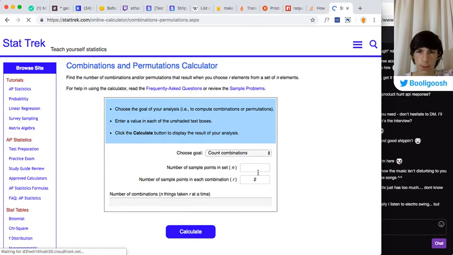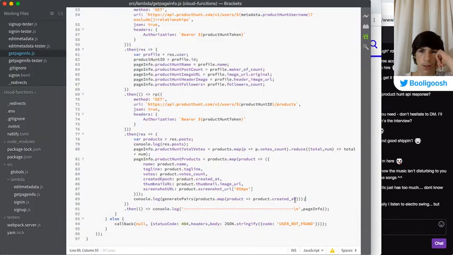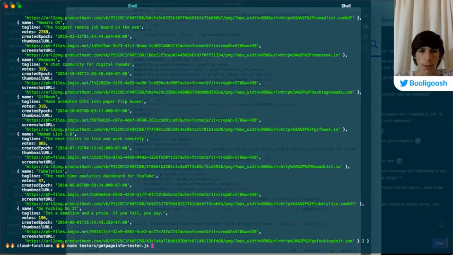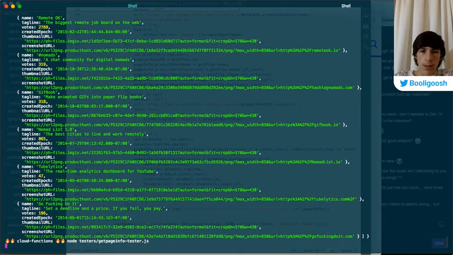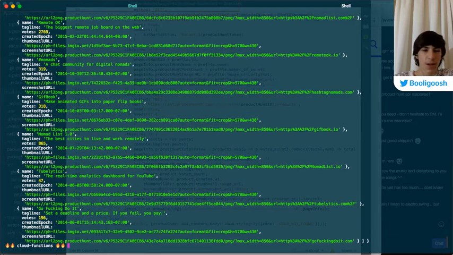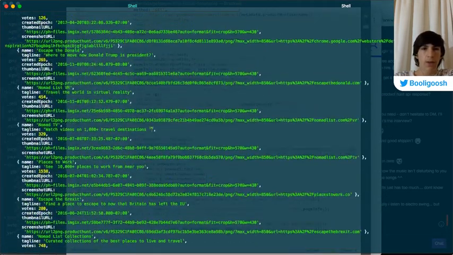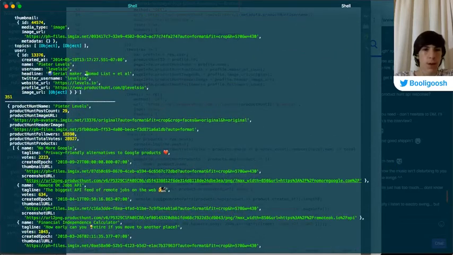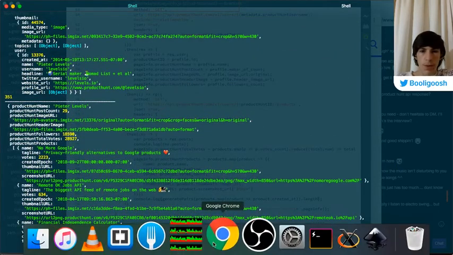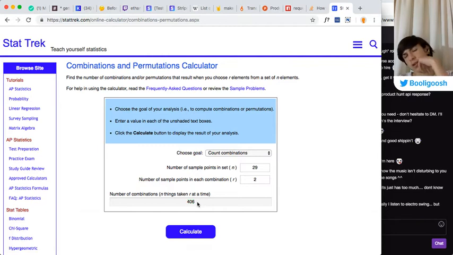Oop, what happened there? 29. 406. Actually, let's say dot length, so we can see if the amount of combinations is the same as this random stats website. But if my thing and their thing is the same, then we're probably good. 351 and this is 406.